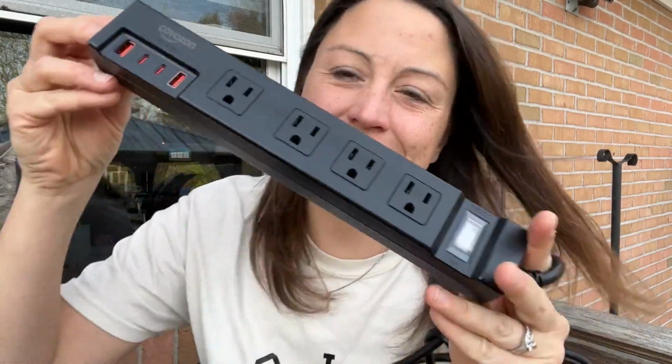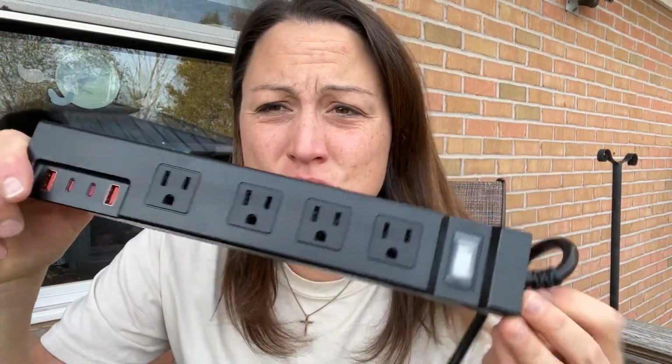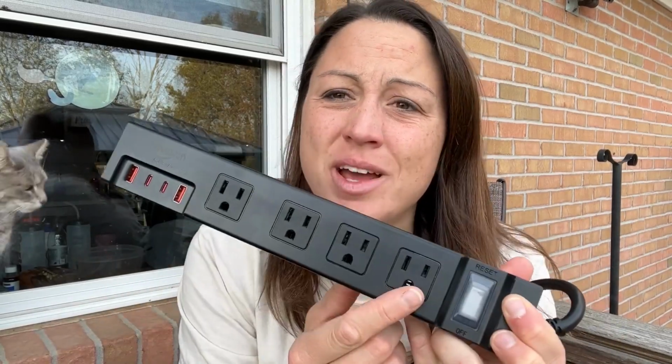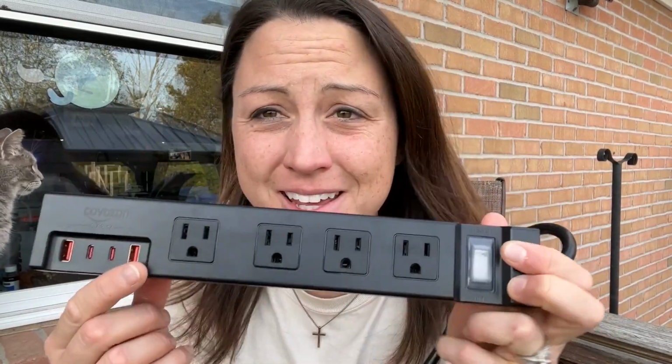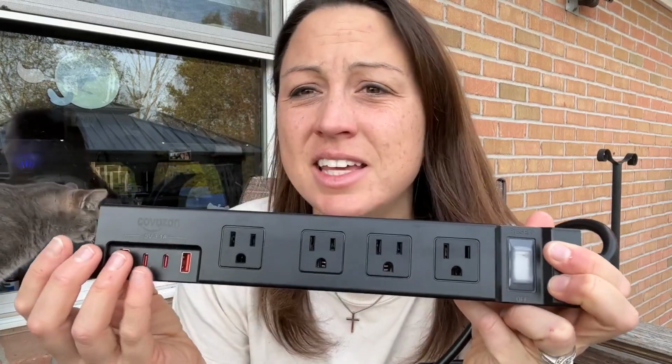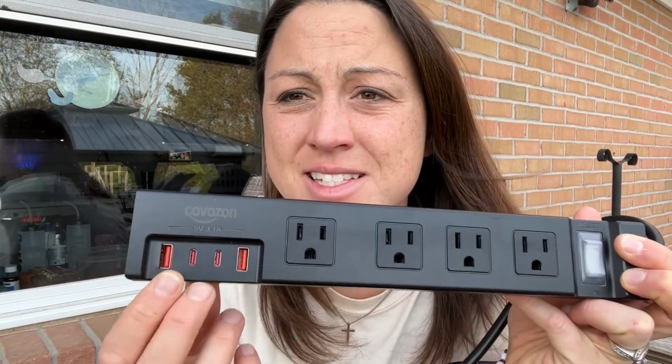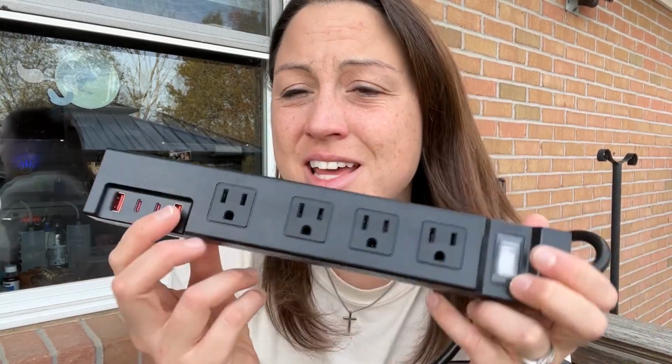Hi, today we're looking at this power strip. This one has multiple different US outlets, so that way you are able to plug in and charge up to 8 things. There's 4 standard US outlets, there's 2 USBs, and then 2 C ports that you are able